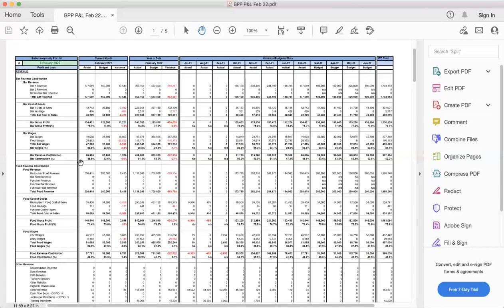When we look after this, it's our final line for our beverage category, which is our bar beverage contribution. What this is asking us for is the total bar revenue minus our cost of goods, minus our wages, is what we're left over. So from the $177,649 that we made in revenue, after taking out those two costs, which are our biggest costs in this business, we're left with $86,836. So whereas we were up by $17,000 in revenue, because of not great controls in those two categories, we're only left being up by